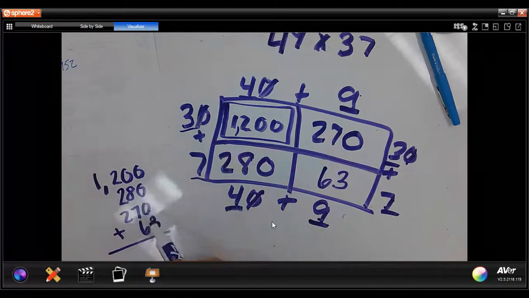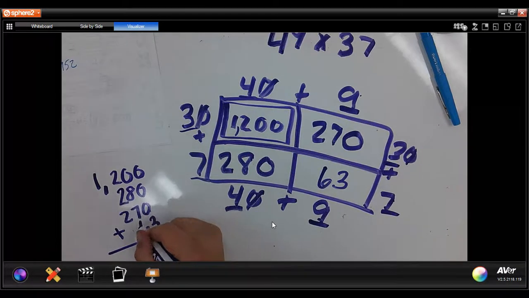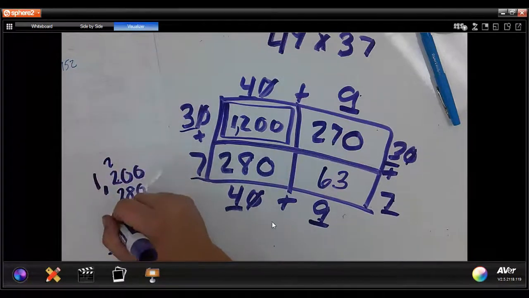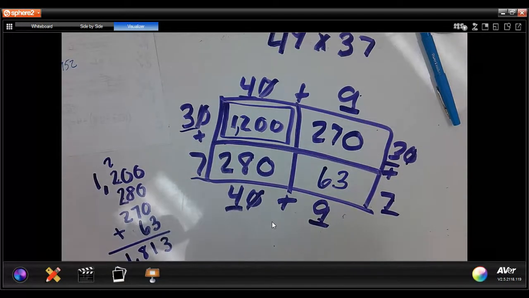0 plus 0 plus 0 plus 3 is 3. 8 plus 7 is 15, plus 6 more is 21. 2, 4, 6, 8. Don't have to carry the 1. 1,813 is my answer. So as I was saying before, it's really important that on tests and just in general,